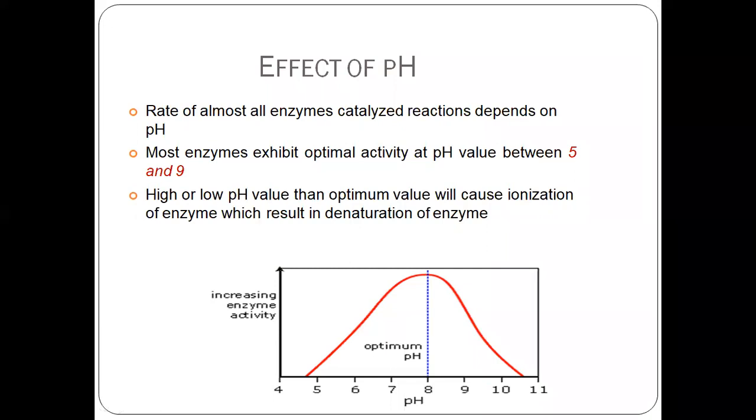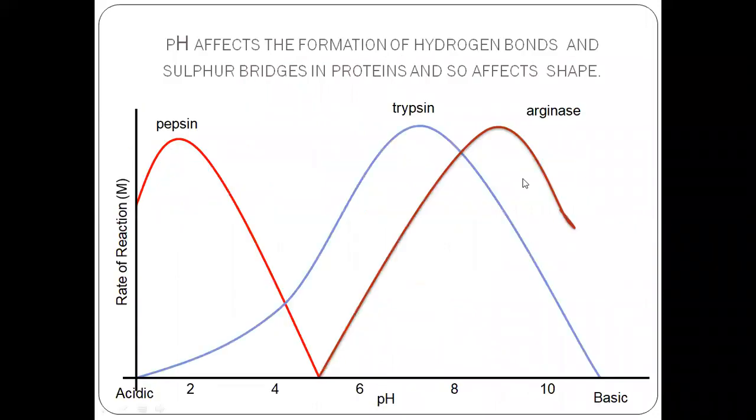So if you want to study more about the enzyme, more of its reactions, first you have to identify at which condition the enzyme is showing the maximum activity, that is, at what pH and what temperature. Once you know this optimum pH and temperature, if you want to study this enzyme in more detail, you have to make these the standard conditions, that is optimum pH and optimum temperature. Use these standard conditions, then you can do more reactions on this enzyme. Okay, this is about the effect of temperature.